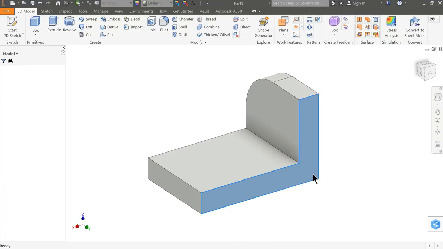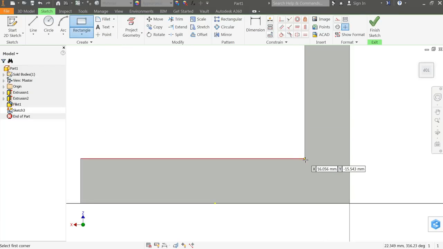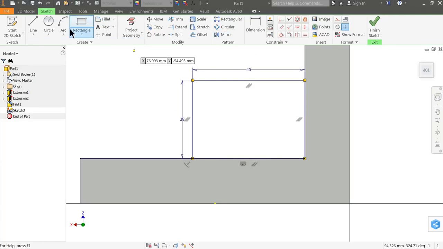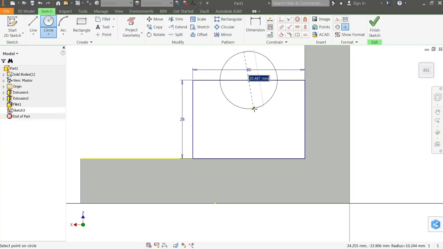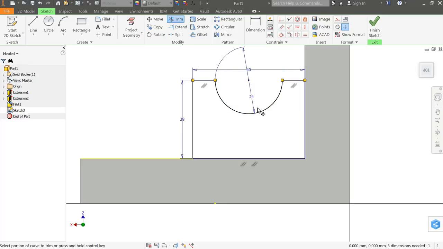I'll select the back face, sketch, corner, 2-point rectangle, this point. Now the upper direction, this blue line, you can say 40 millimeter this dimension. Press tab key, then the vertical dimension keep 28 millimeter. Enter. Now see, let me choose here circle. We want to create a half circle here, so just find out center point. See, this green point shows it is center point. Drag, and diameter let's keep 24 millimeter. That's it. Trim, and I want to trim this half inside lines. Now see, it's perfectly fine.